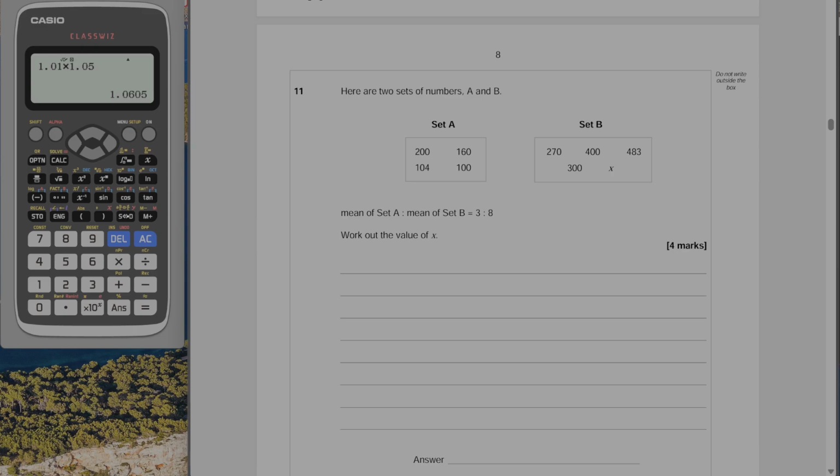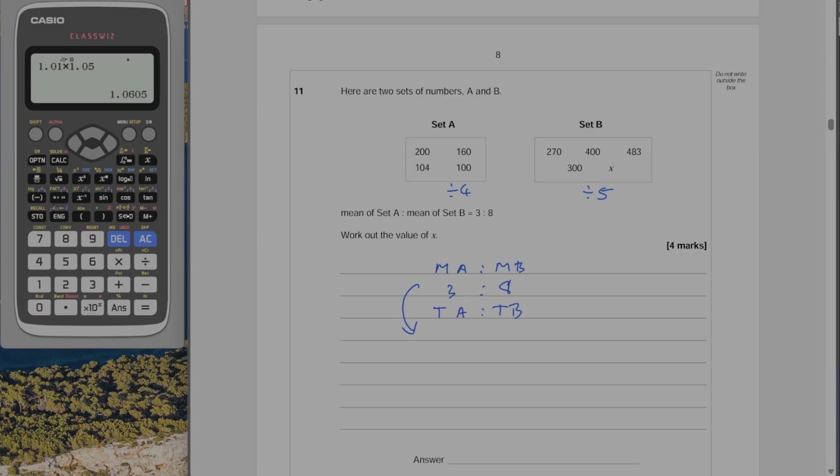Right. So I'm going to, because of dealing with the means, this would be kind of divide by 4. This would be divide by 5. So I'm going to manipulate that first of all, because that's just going to be a bit of a pain later on in the question. So what I'm going to say is, if the mean of A to the mean of B is 3 to 8, then the total of A, not 8, total of A to the total of B has to be,